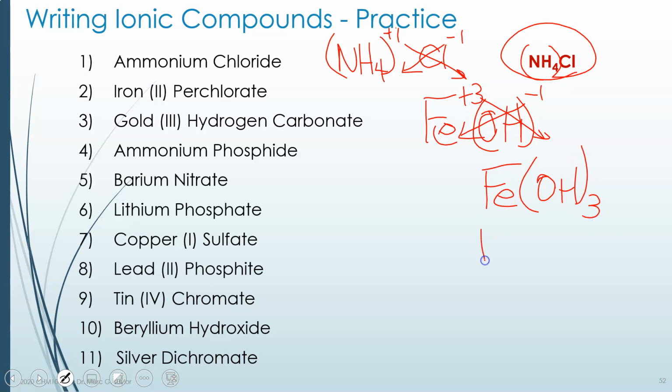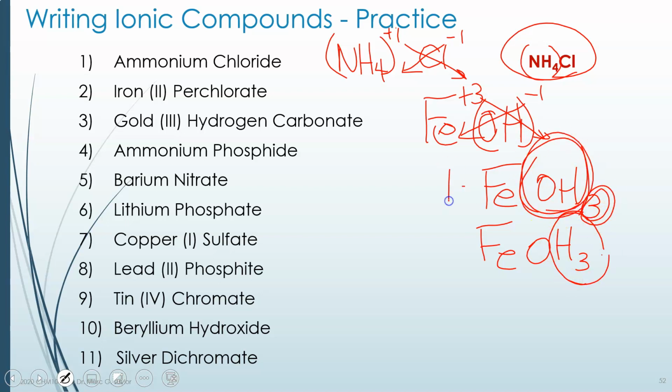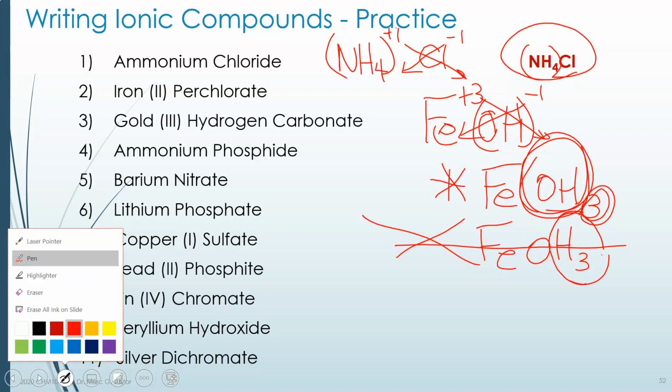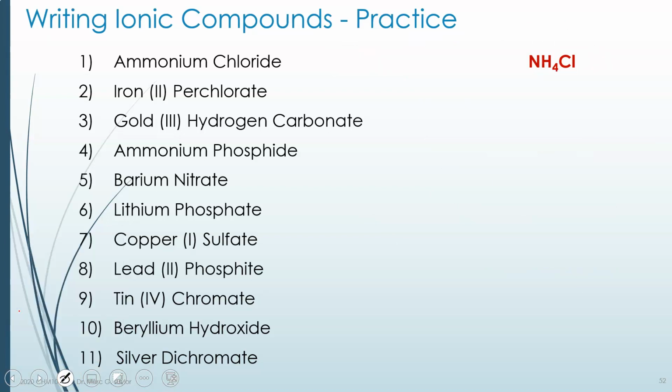If you had written instead FeOH3, this means that there are 3 hydrogens. The first one means there are 3 OHs. This would be correct. This would be wrong. So don't ever write it like that. You need a parentheses if there's more than one. You don't need a parentheses if there's only one, but if you wrote one in when it was unnecessary, that